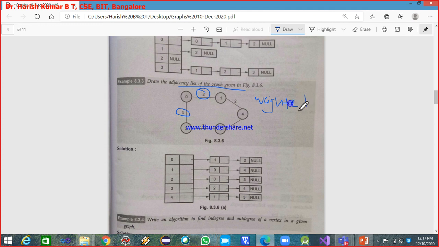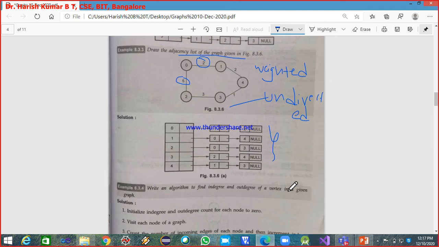Then from 1 you can go to 0 and then you can go to 4. Like this. This is the adjacency matrix.